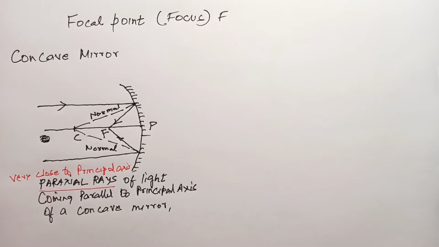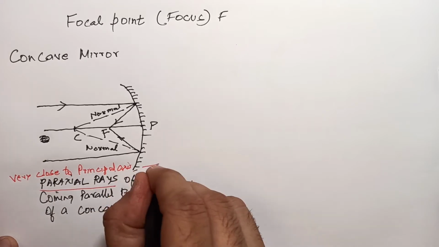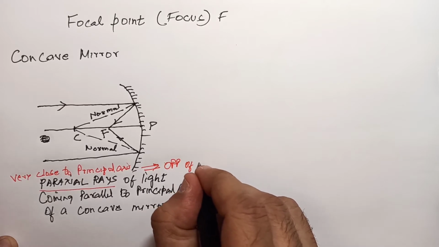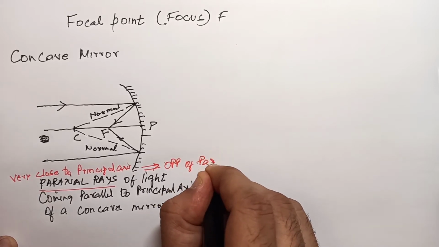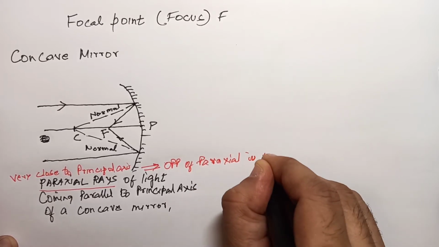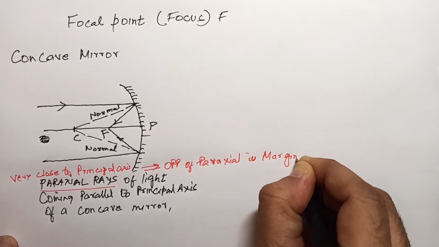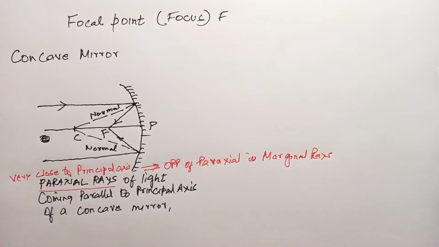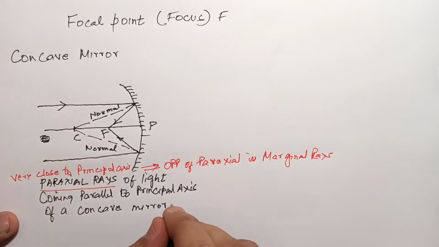And if it is very far, it is called marginal rays. The opposite of paraxial is marginal rays, which means it is a bit broadly distributed. Now, paraxial rays of light coming parallel to the principal axis of a concave mirror, after reflection